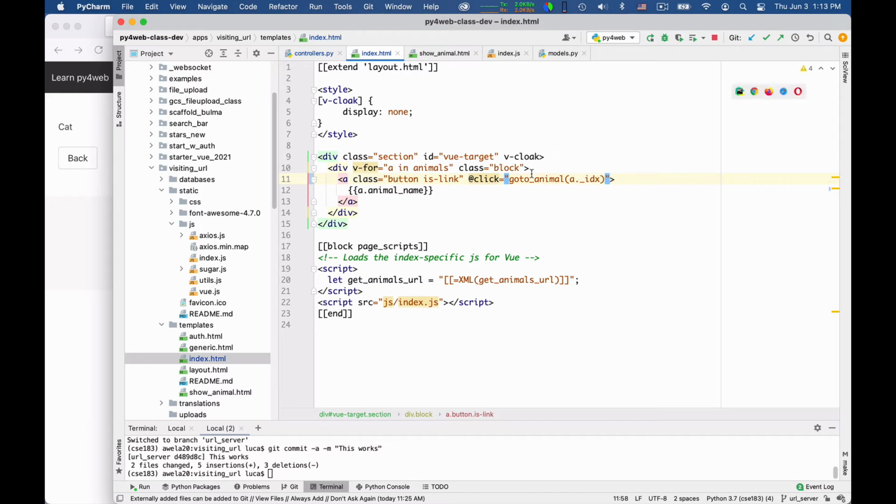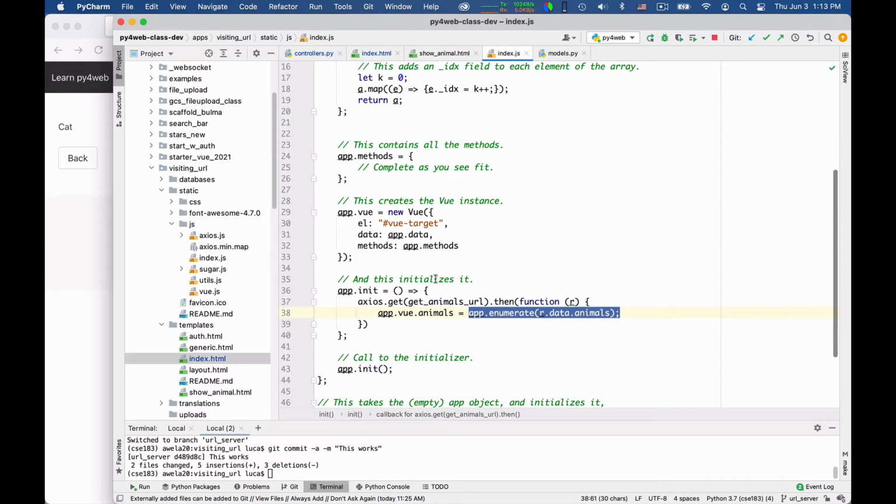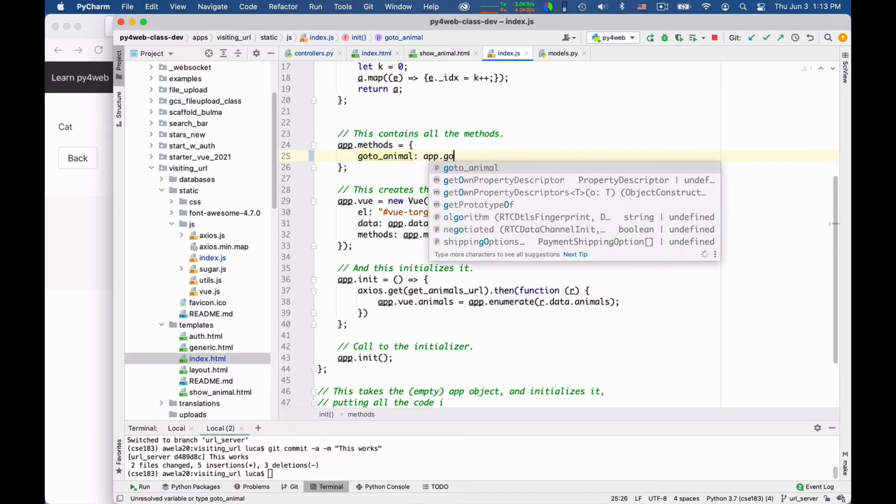All right. Now this is a new method that we have added, so I have to go into view and say among the methods, goToAnimal: app.goToAnimal.